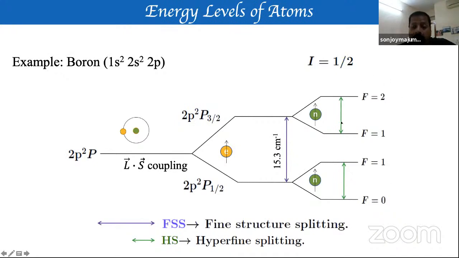So please remember this, or go through it once again from the textbook of any quantum mechanics, where you get this hyperfine level, which is extremely important to understand the experiment in these cases. And whatever you see up to now is all intrinsic to the atom.